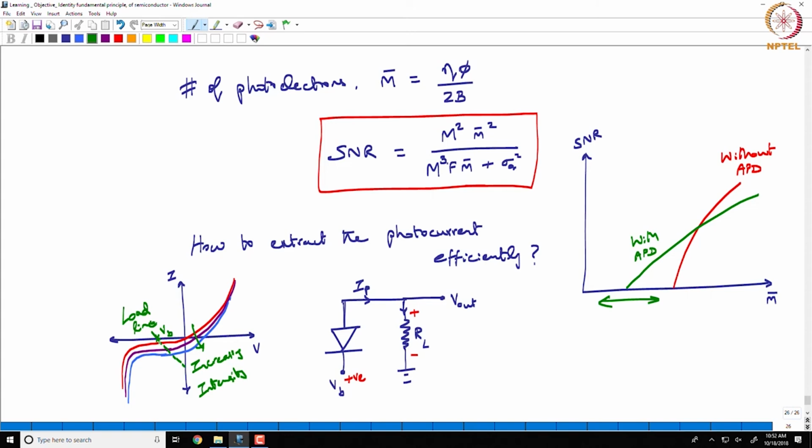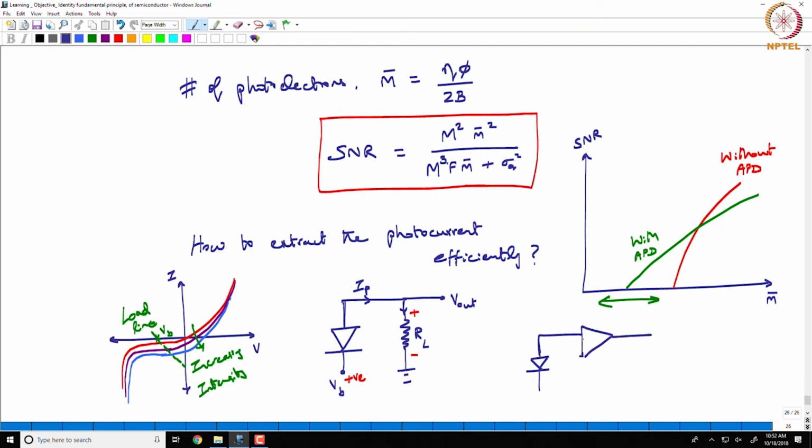Okay. So, my load line is like this. Ideally, you want a load line that is straight, it is vertical. What it means is that even as I increase the photocurrent, I am not affecting the reverse bias. So, how can you achieve that? The way you can achieve that, I am running out of time, so I will just quickly mention this and I will stop here, is by going for an op-amp